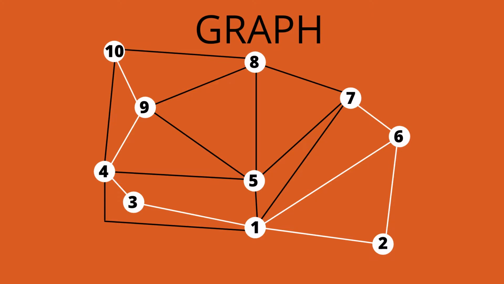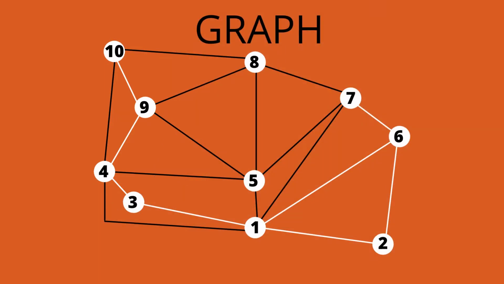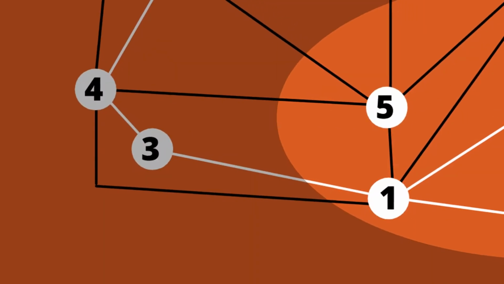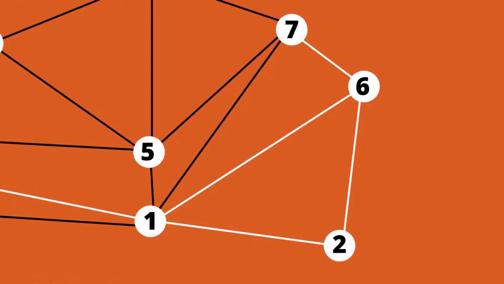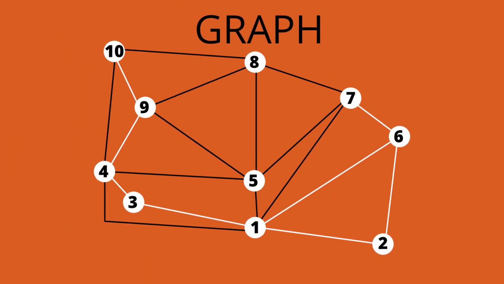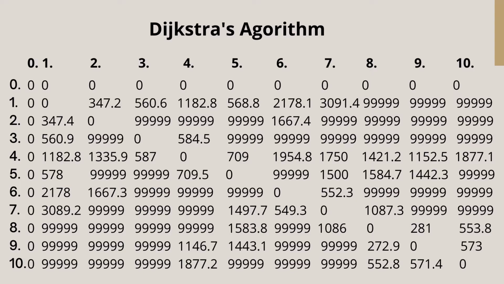I have made some changes as the value of the edge 4-10 is greater than 4-9 plus 9-10, so that our algorithm will calculate for 4-9 plus 9-10 instead of going directly from 4 to 10. Similarly, we have made 4-1 greater than 4-3 plus 3-1, and 1-6 greater than 1-2 plus 2-6, and 1-7 greater than 1-6 plus 6-7. Also in our distance matrix raw data, the distance were given in meters. I have converted that into kilometers.